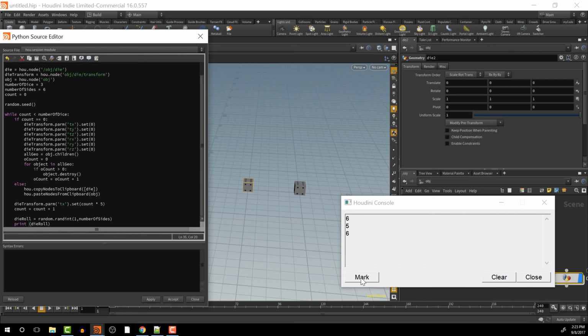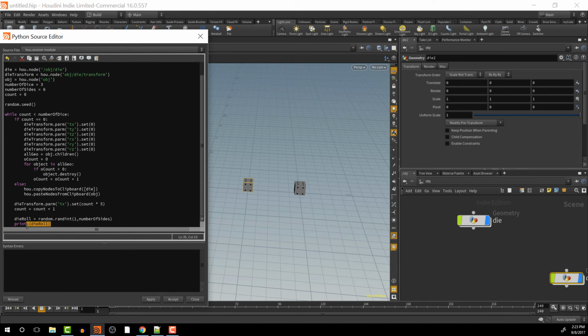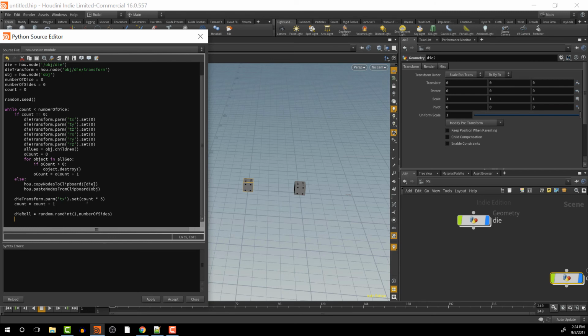So now we have a random number between 1 and 6, and all we have to do at this point is assign rotation values to each one of these. So I don't need this. That was just kind of to show you guys how it works. So we'll say if die roll is equal to 1,